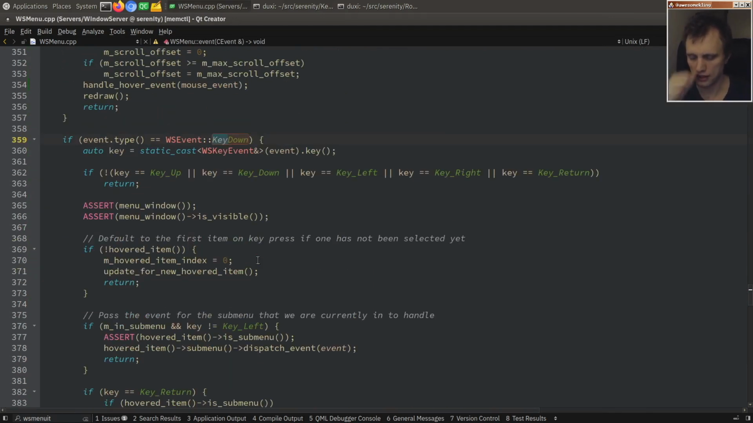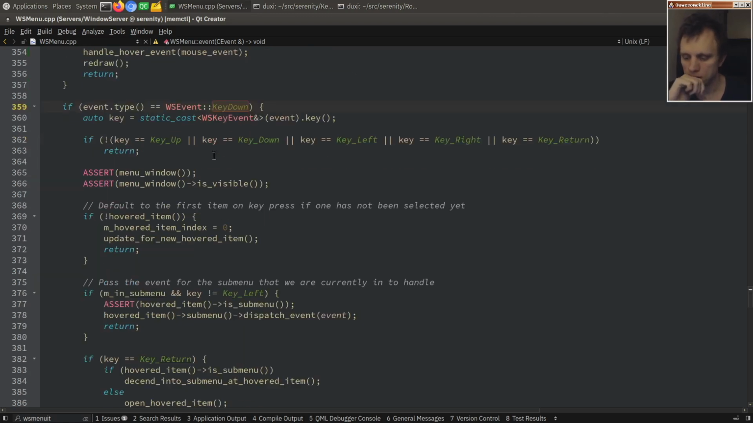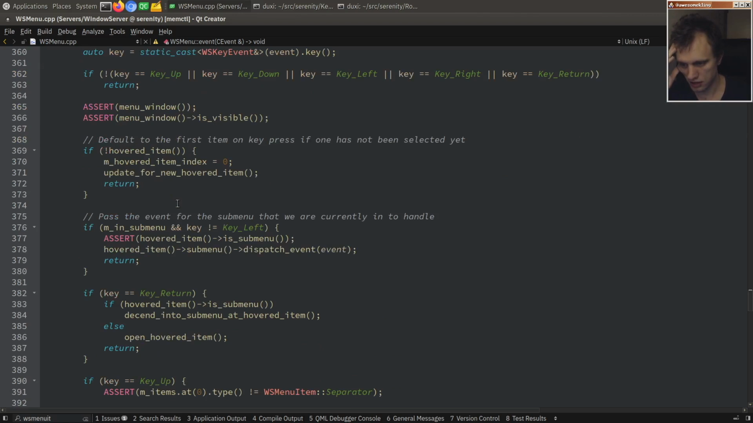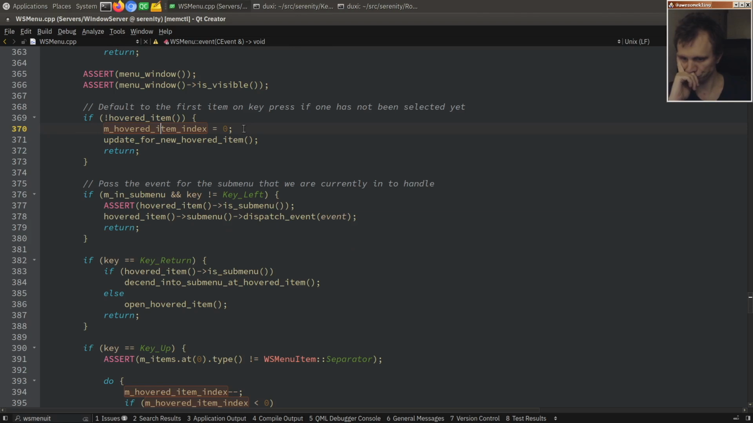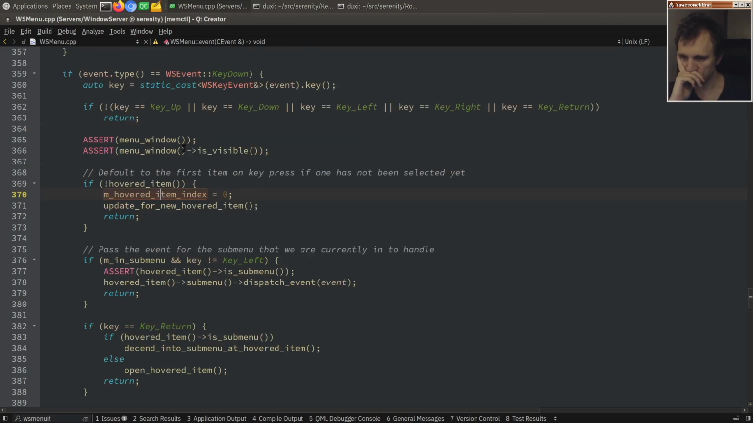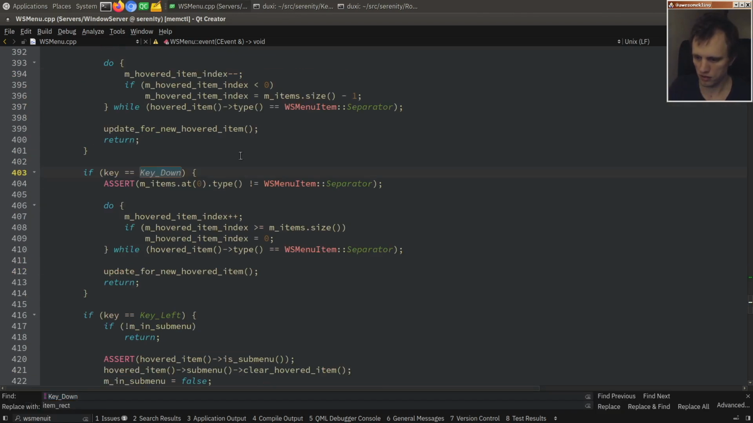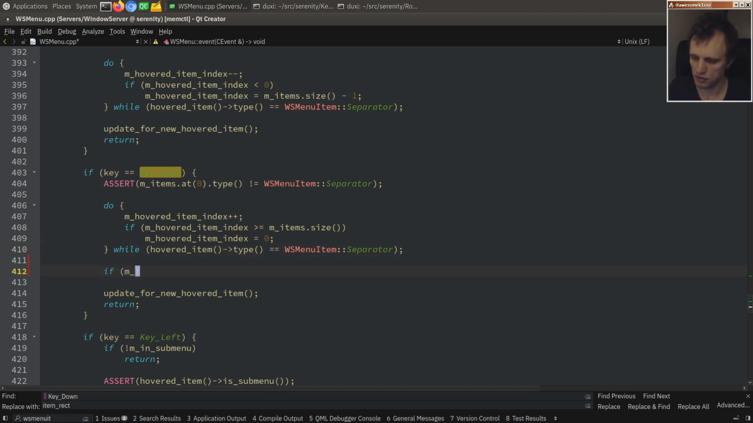Key up, key down. So if you are going to the end, let's see, how does this even work? We have a hovered item index. Key down, oh wait, I'm confusing key down and the key underscore down, which is the actual down arrow. So here, we iterate until we find something that's not a separator. And then we should probably, if m